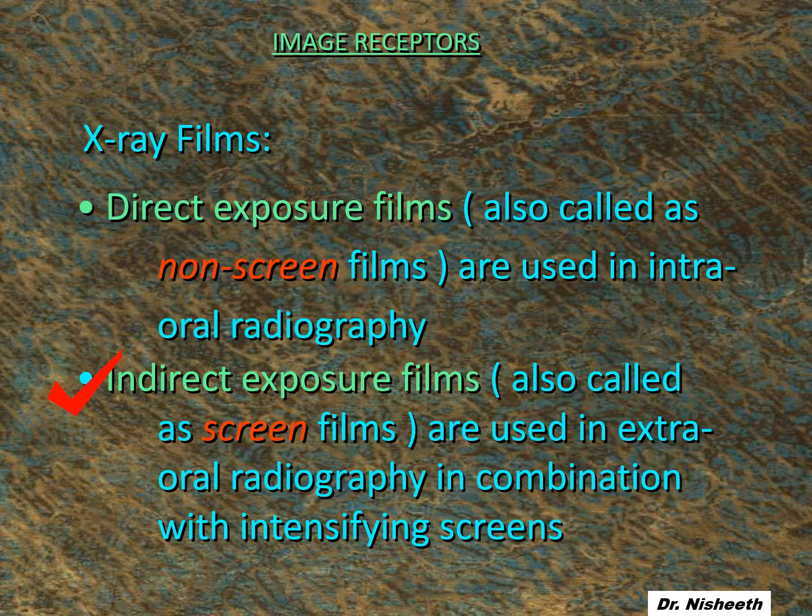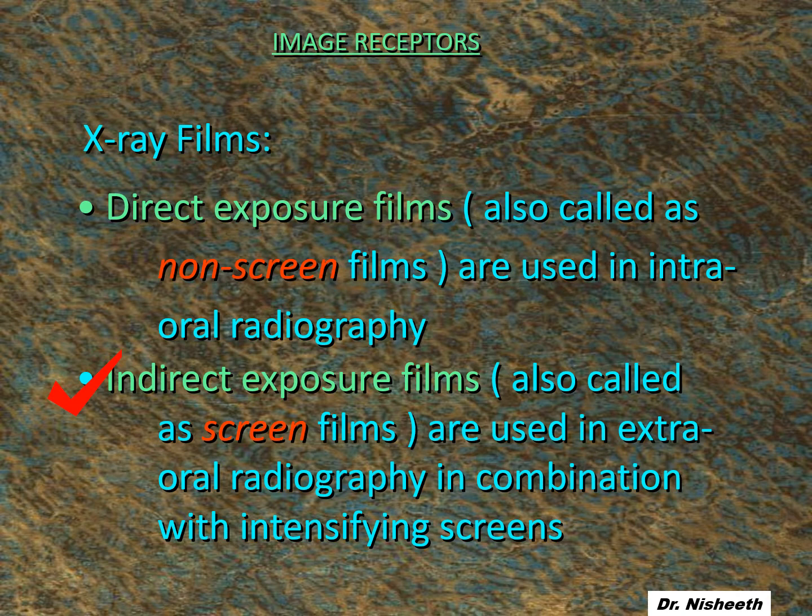When you see the back of the film packet, on the side opposite to the tube, it will be written. One packet contains one film, E speed or E plus speed or F speed, it will be written. Most of the films used nowadays are either E speed, E plus speed or F speed films. The slower speed films are no more used because they are harmful to the patient.